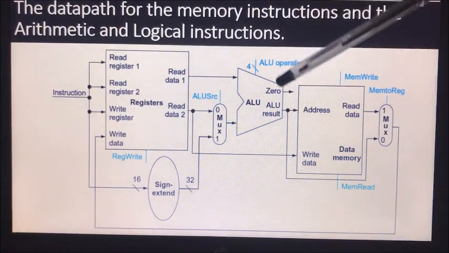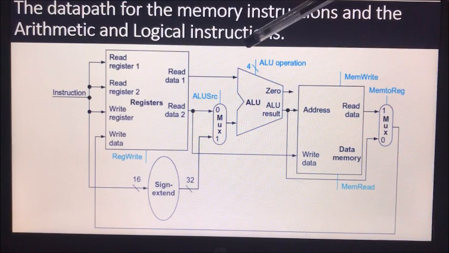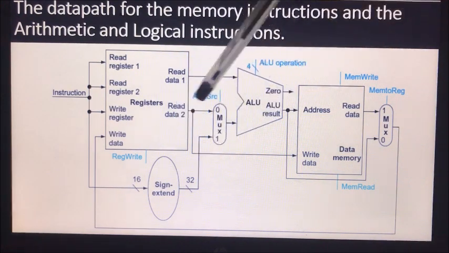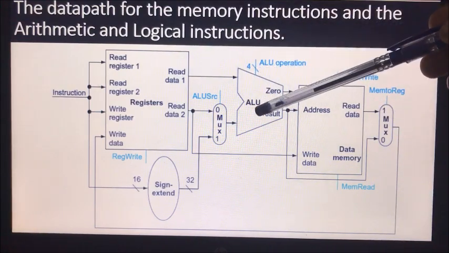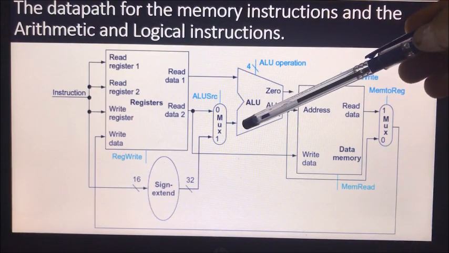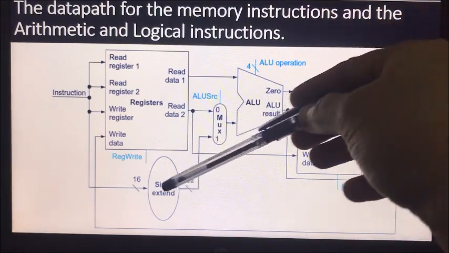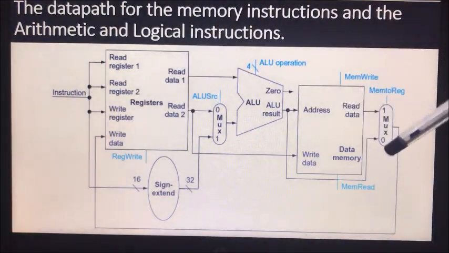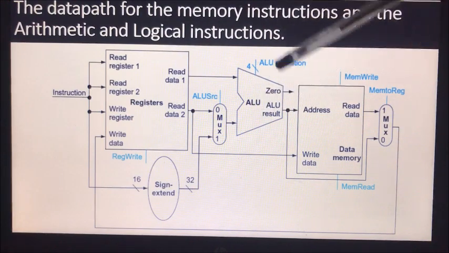In the case of memory instructions, the result of the ALU will be the operand address, whereas in the case of arithmetic and logical instructions it will be the operation output. So here, in the case of a memory instruction, only read data 1 will be provided to the ALU. The output of the multiplexer will not be taken from read data 2. It will be taken from the instruction only. That is, in order to calculate the operand address, the ALU will be used in the case of memory reference